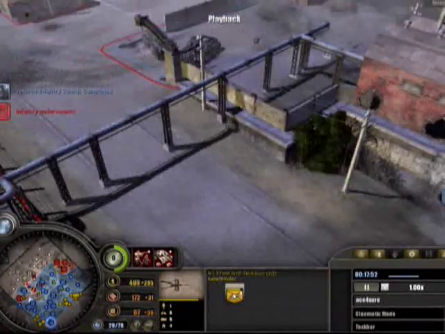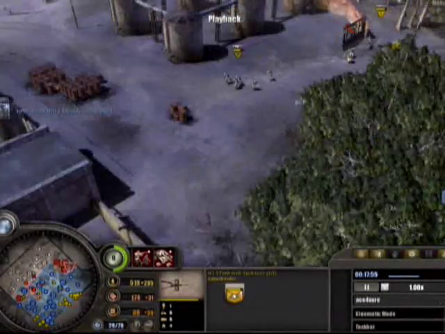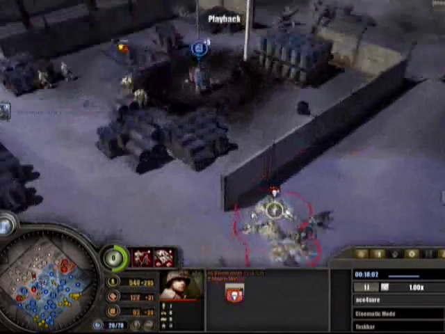You have a huge amount of infantry there. It's perfect for airborne strafing. Too bad we don't have any. Yeah, this is an excellent map for airborne. Oops, sorry. Telephone. Anyways, well,